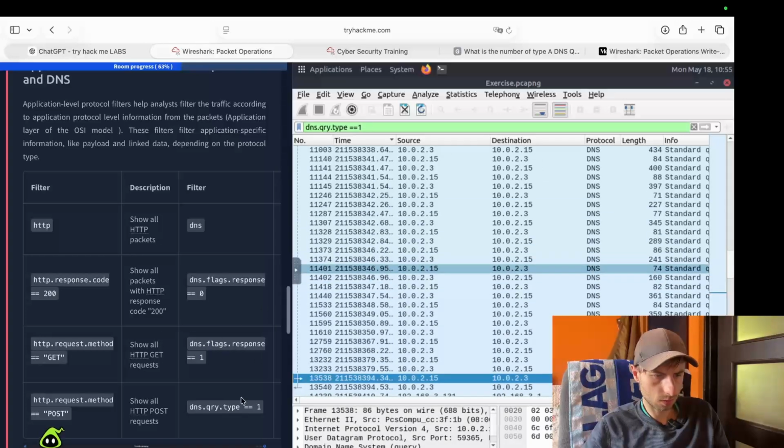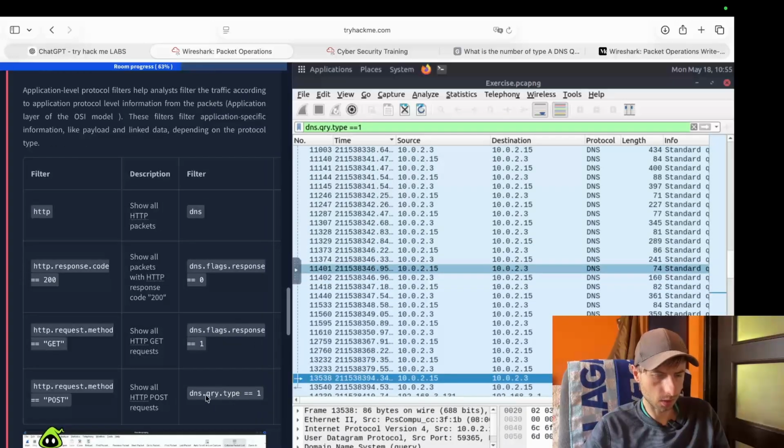DNS, I mean this query type, in this one,